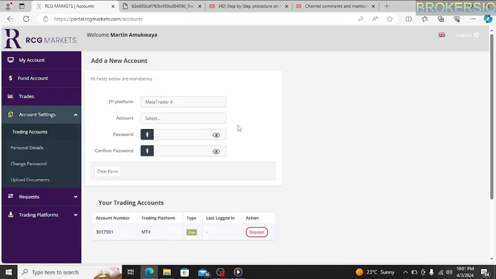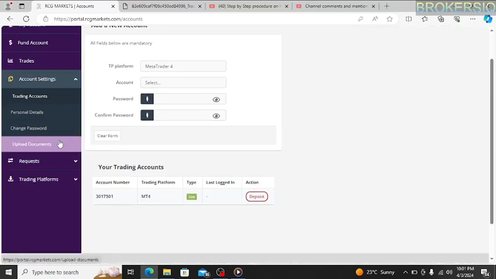Here is your trading accounts, right here. So here is where you create your account, and here, important, is your personal details. Here is basically where everything that you need for your account to be verified, because your account needs to be verified by the broker for you to start trading. So if you come here, upload documents,